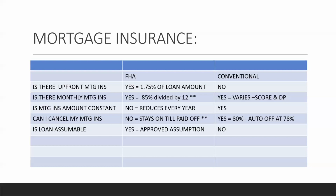So when people say, yeah, but that mortgage insurance stays on there forever, the thing that you got to realize is most people, I've been in the business for 30 years, and that entire time I've seen 4 people get a 30-year fixed rate mortgage and pay it off over 30 years. It doesn't happen, okay? How many people do you know that have lived in the same house for 30 years recently? I mean, I remember back in the day, my grandparents lived in the same house forever,